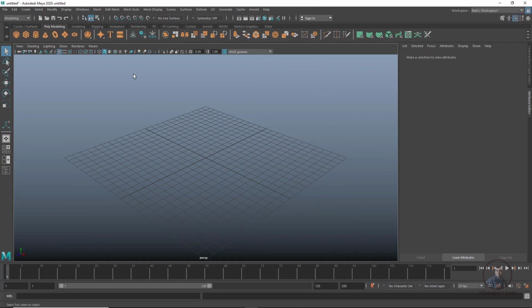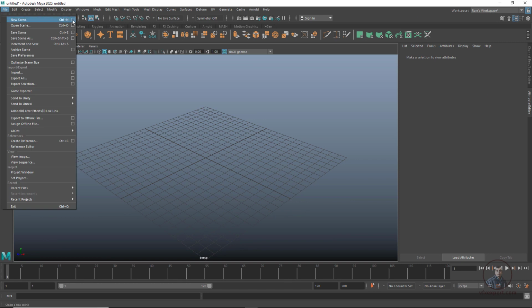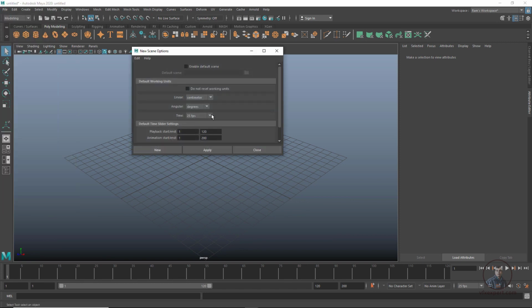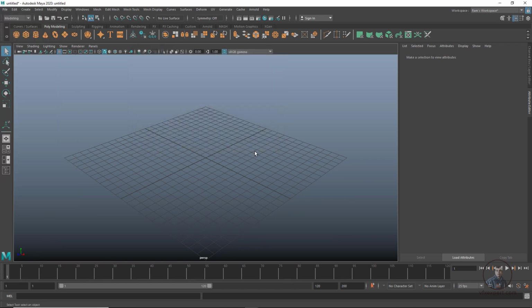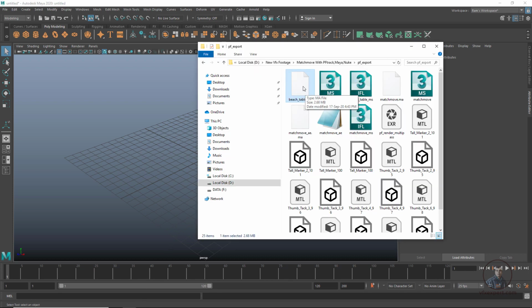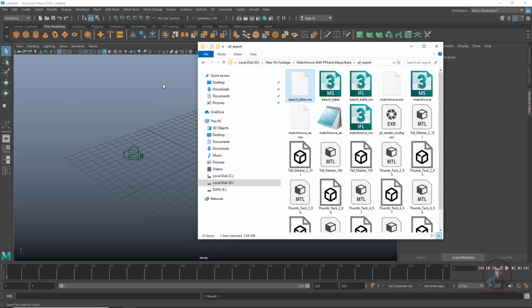Now here in Maya, first check your scene frame rate. So here 25 fps as in PF track, then close this one, and downside also you will see the same frame rate here. So from here you can also select your 25 fps as in PF track. Now I am going to import our MF file which we have created from PF track. Then simply open your folder. So this file we have created, select and simply drag and drop here.